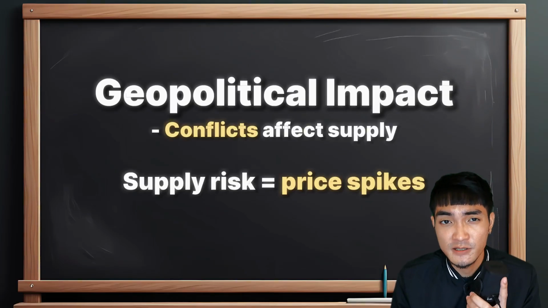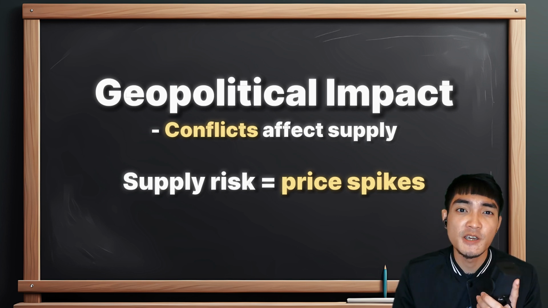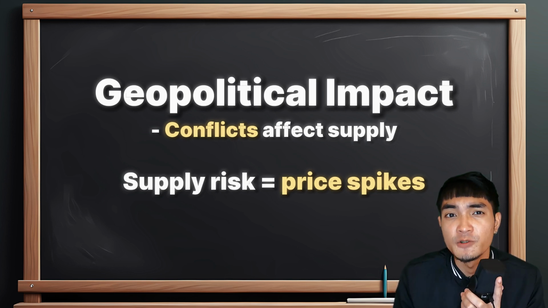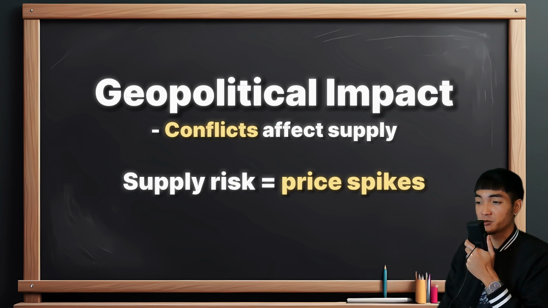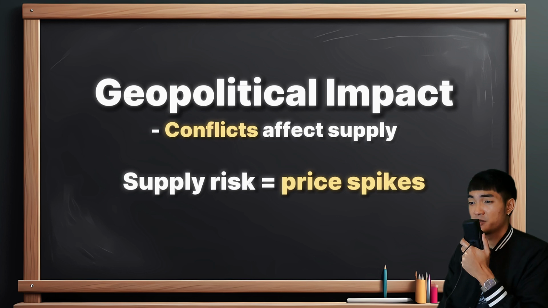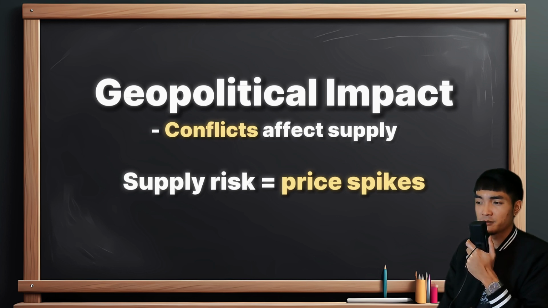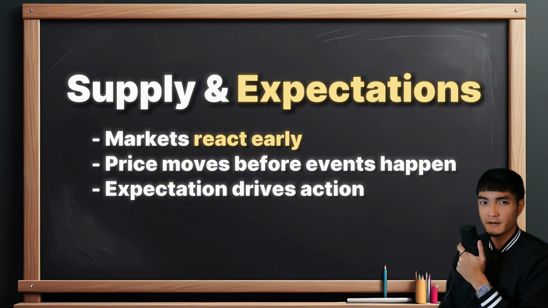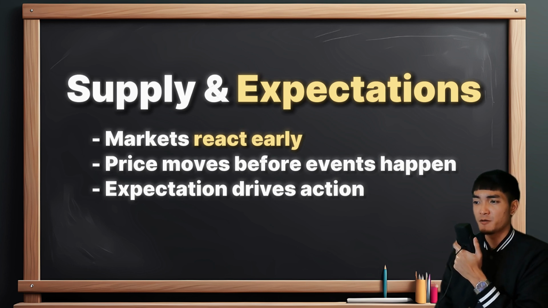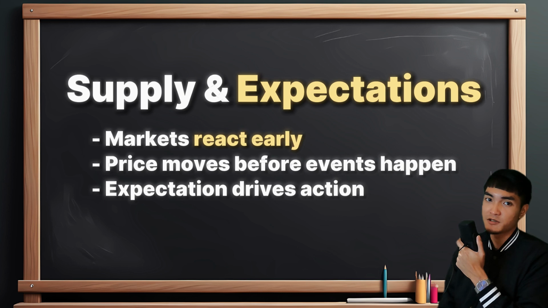Now, commodities such as oil don't just change because of the economy. It can also move because of geopolitical tensions. When there's conflict in major oil-producing regions, like what we've seen with the tensions between the United States and Iran, markets don't wait around. They start reacting immediately because traders are usually thinking ahead. If supply gets disrupted, if key shipping routes like the Strait of Hormuz are affected, suddenly there's less oil available